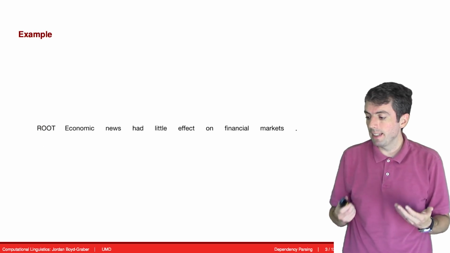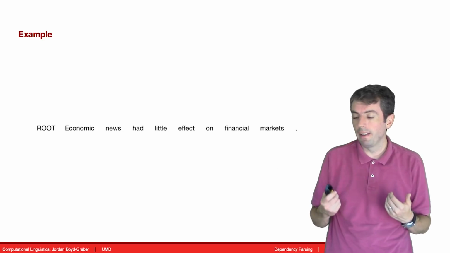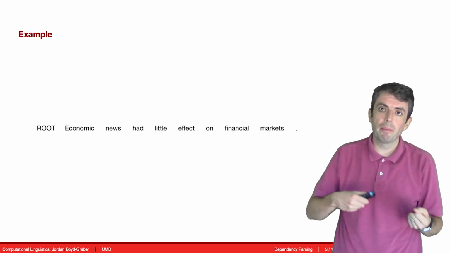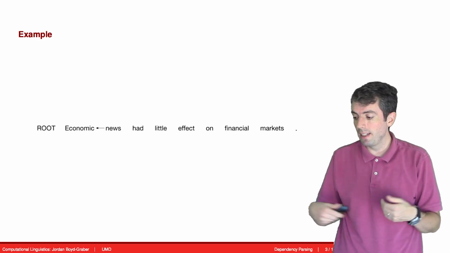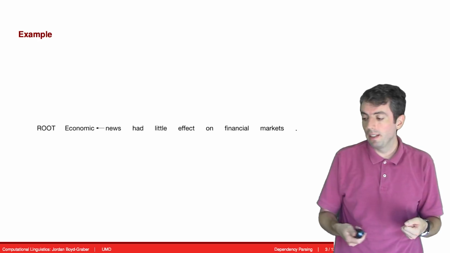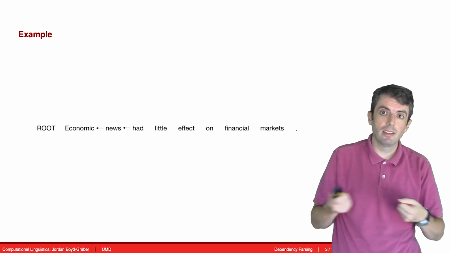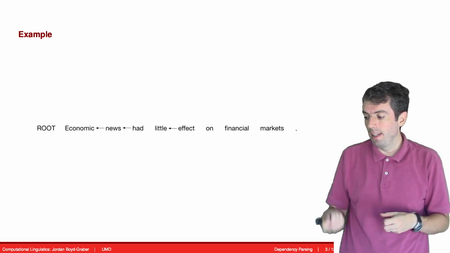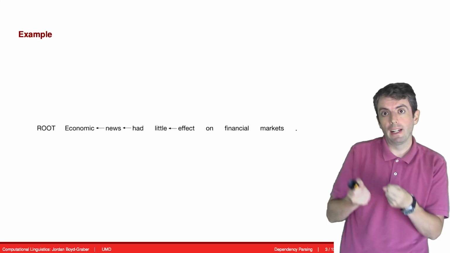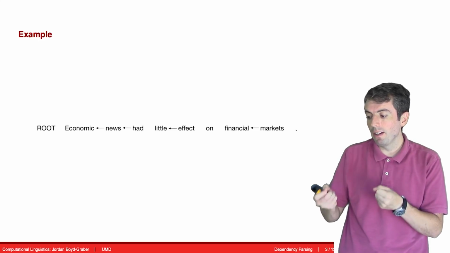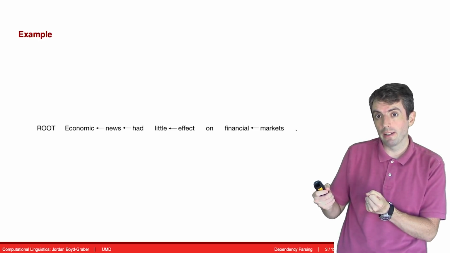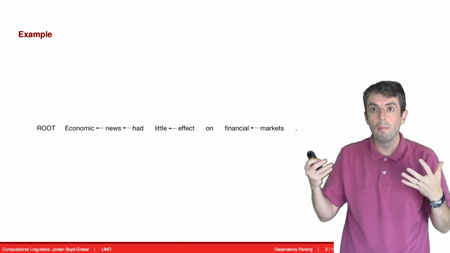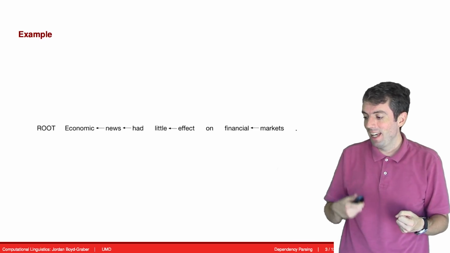Let's say that you have a sentence like, economic news had little effect on financial markets. And you start going through the sentence. You see economic and then news, and then you realize that you can attach economic to news. Then you can attach had to news. Then you can have an edge going from effect to little. Then you can have an edge going from markets to financial. And now you have attached lots of words close together, and now you can connect all of these different parts